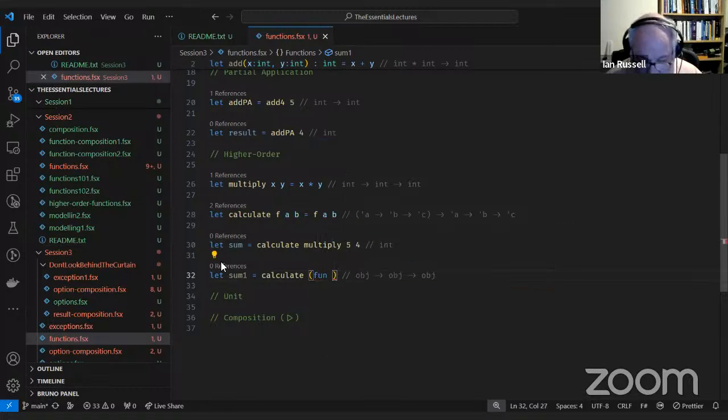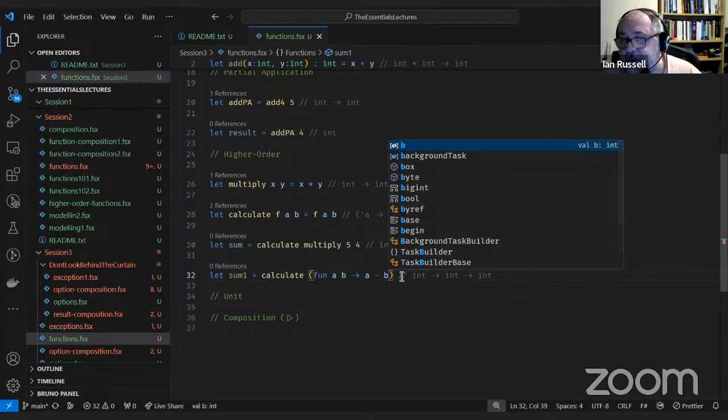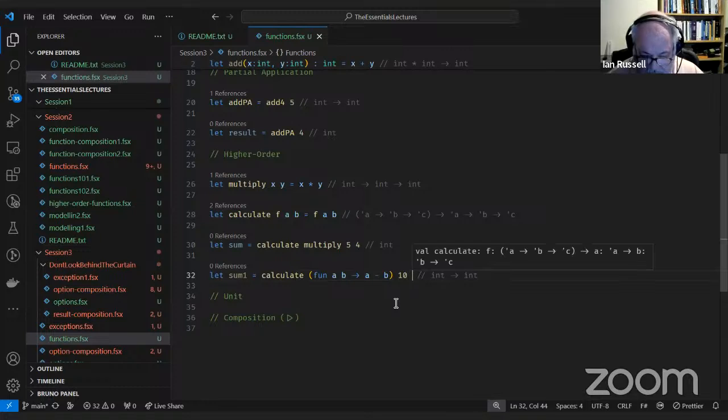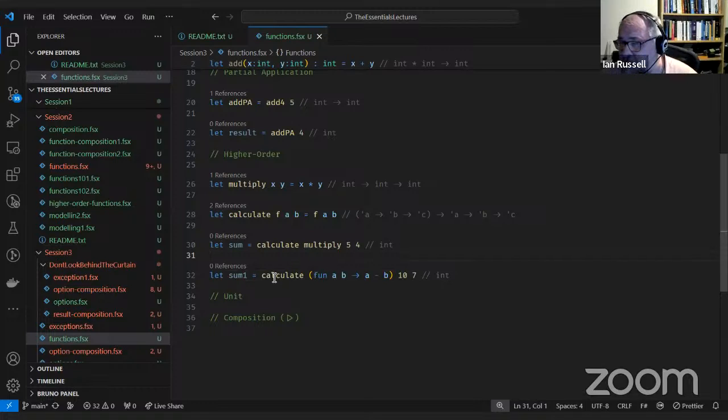So I can go fun, I need two parameters, a minus b. So this again is the same thing. I can pass functions. I can treat functions as values, just like other parameters. So I need to get used to that style of doing things.